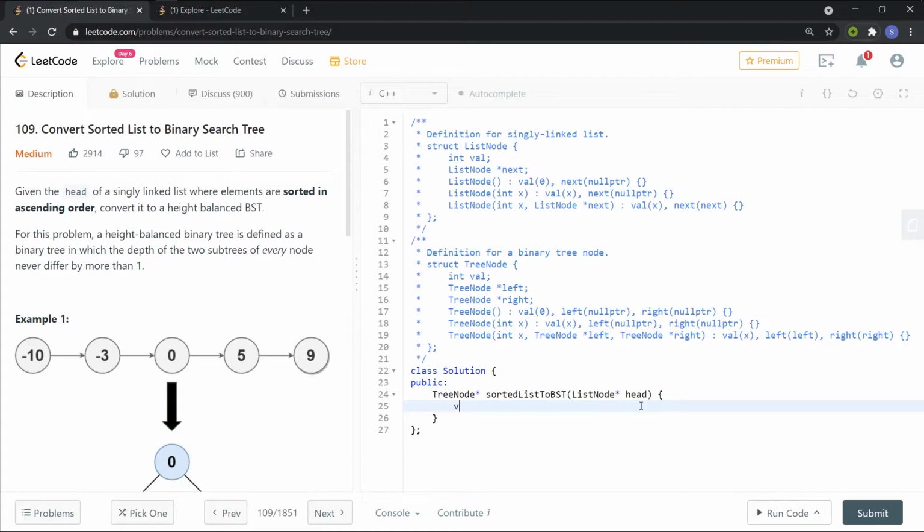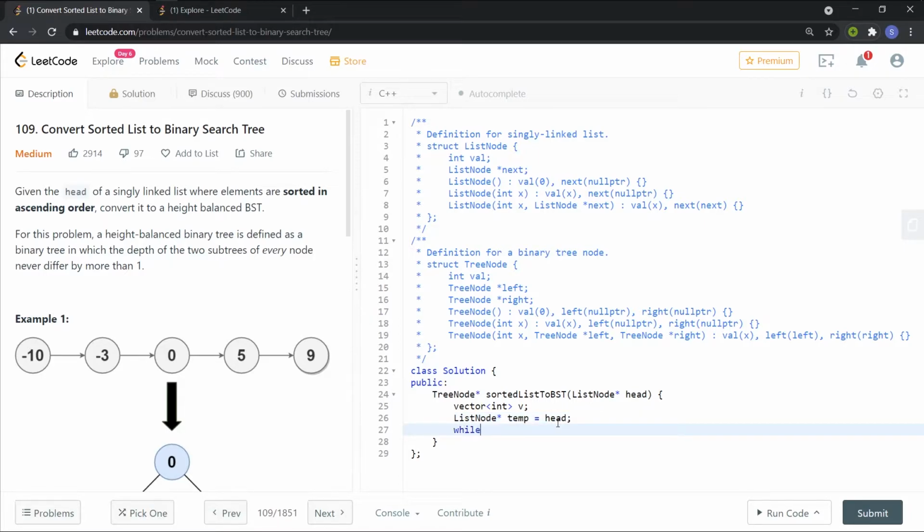Before that, I want to store the values in a vector of int. So let me store the values. To traverse this, what I'll be doing is creating a temporary iterator, like a temporary pointer that will be pointing to head.